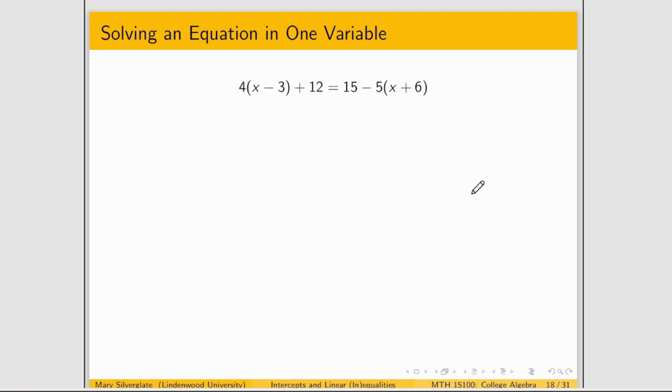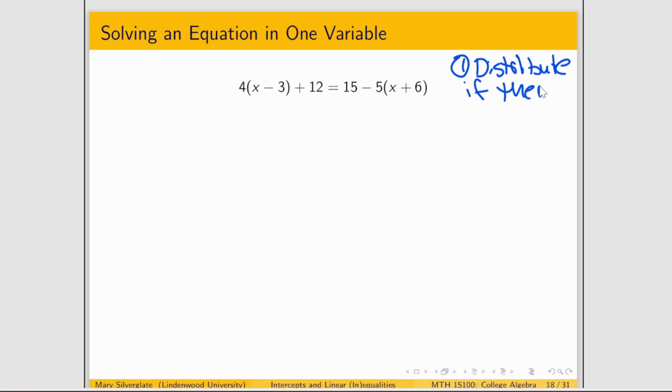Now, if you have a few more things going on in your equation, don't freak out, it just changes those initial steps a little bit. So the first thing you want to do is deal with those parentheses. You don't have to deal with parentheses by distributing, strictly speaking. There are other methods, but it is the method that will always work. So if you just want something that will work every time, I highly recommend just dealing with distribution first. So distribute